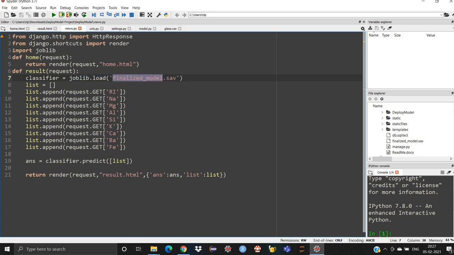So you can define your home page function and your result function. The home function will return render request home.html. What it is doing is just rendering the request to home.html, so that when you call it, it will go to the home.html file. And you have to define your result function also. So I've created my list and I've appended all the requests which I'm getting from